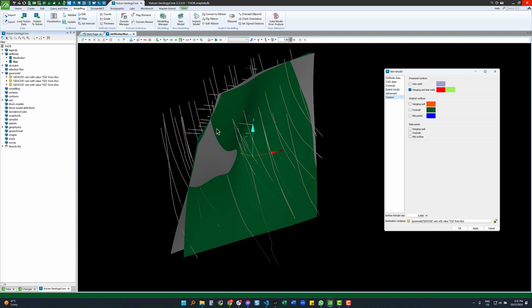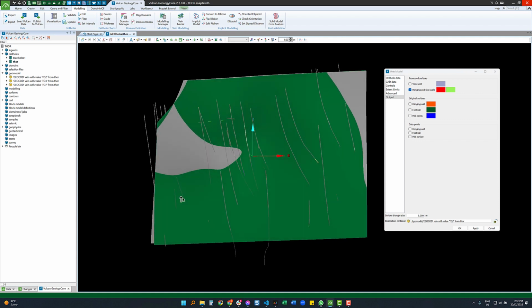We have these original hanging wall and footwall surfaces which don't have any post-processing applied to them. So no relimiting, no polygon cropping, no adjustment, no snapping, any of that. These are just the original shapes that come out of the RBF and the marching cube algorithm. And then we've got these processed ones which have the cropping and the pinch outs or minimum thicknesses, any of that applied. So if I run that,